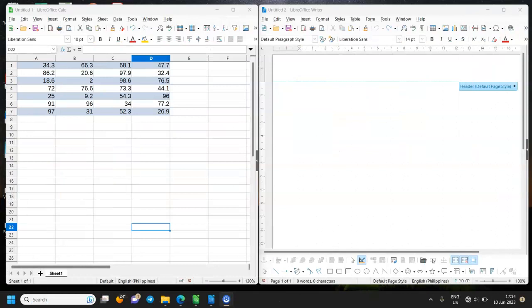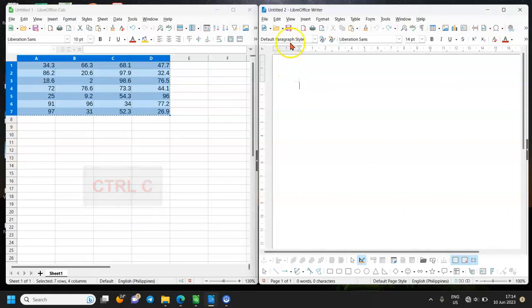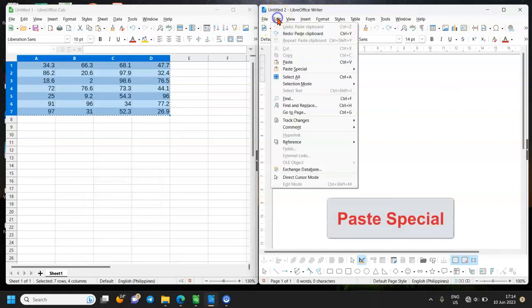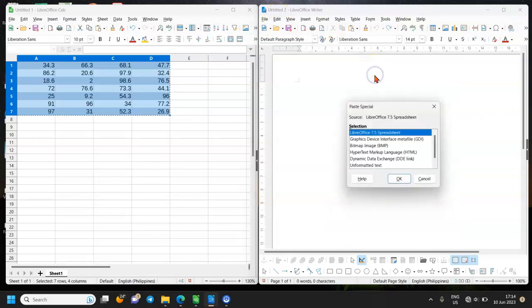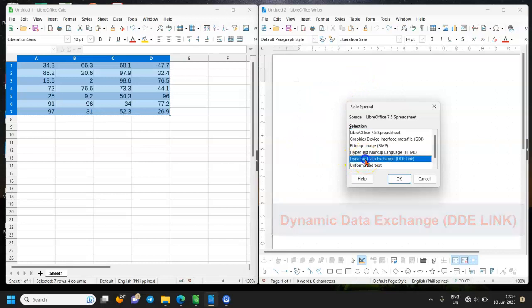For the table auto-updating in Writer, we have to use another Paste Special function. So we copy the table again, and then we go to Writer, Edit, Paste Special, and from the option menu we select Dynamic Data Exchange, DDE link.